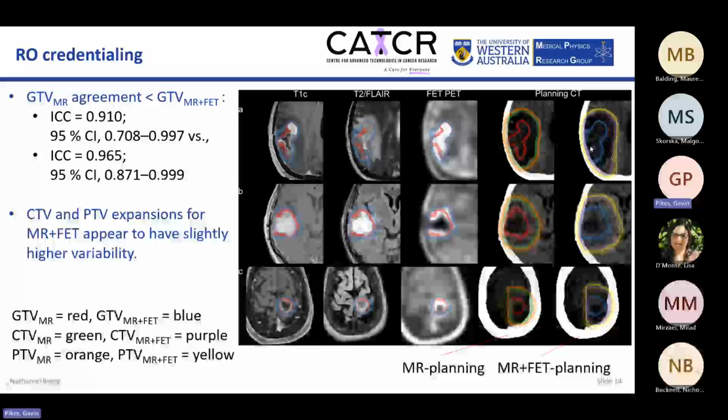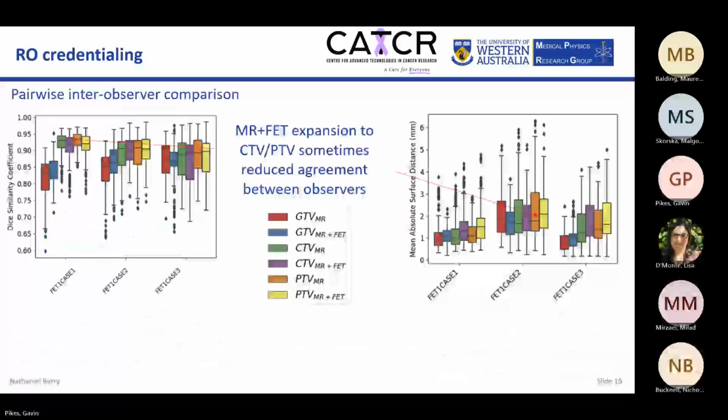And so although the GTVs may be a bit more consistent, I noticed that when we were expanding to the CTV and PTV, they were a little bit more varied. And that's shown here as well when looking at the Dice similarity coefficient. You would expect a jump from your MR-derived GTV to the hybrid GTV, showing an increase in performance, but when you go to the CTV, suddenly there's a drop in performance, which is interesting to see, and that's also shown in the mean absolute surface distance in some cases,